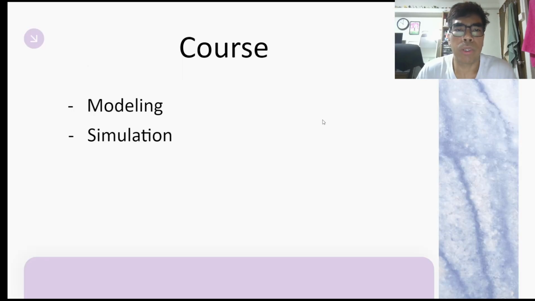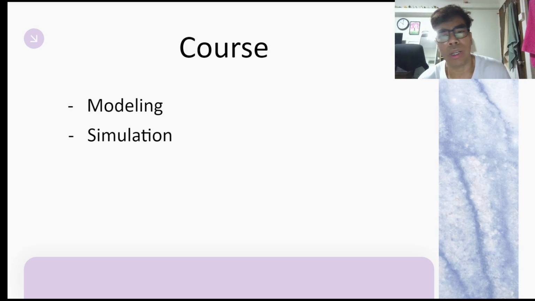So, what is the course about? Modeling is a process of creating and analyzing a digital or mathematical representation. So, that's the model. Then, simulation is testing or experimenting with scenarios based on the model.